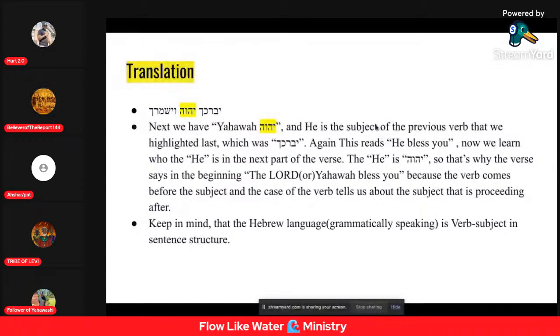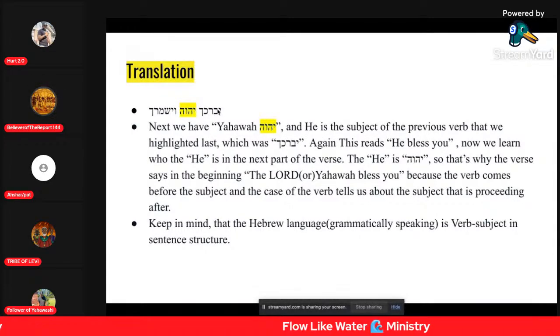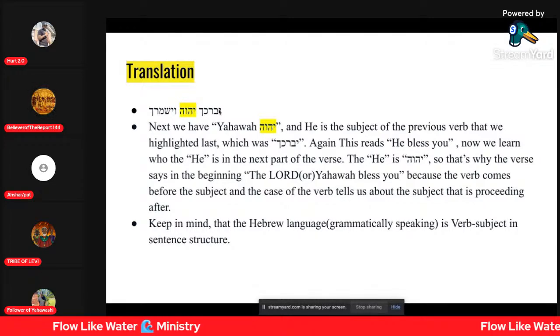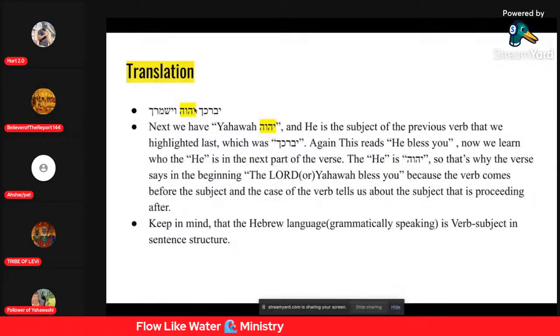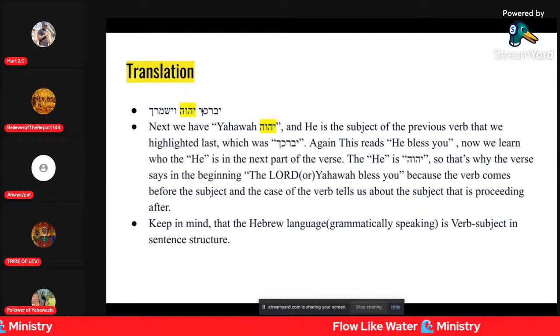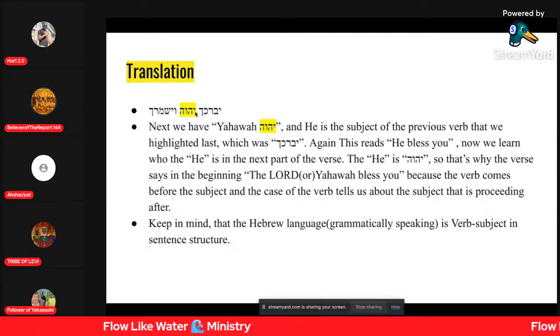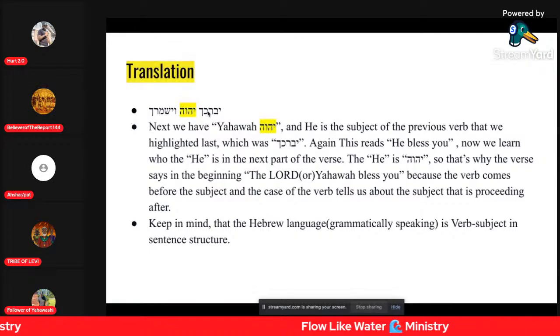But next, when we look at this, the next part of the verse is telling you who that he was in the previous part, because it said Yabaraka, he bless you. Now we learn who the he is in the next part of the verse, which is right here, which is Yahweh. So he bless you. Well, who bless you? It's Yahweh that blesses you, right? So Yahweh is the one that's being said, hey, bless you,